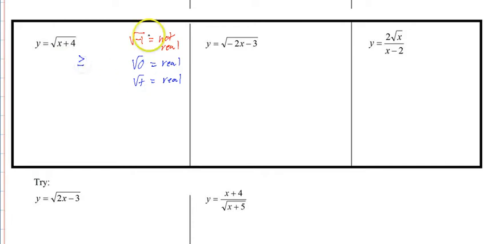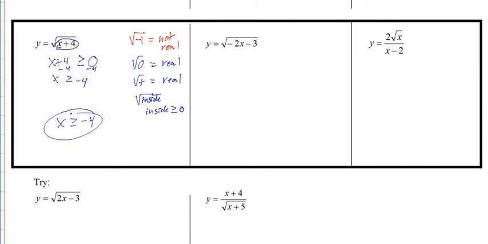So instead of saying can equal a negative, what we say is the inside, this right here, must be greater than or equal to 0, because that's what we're saying. The inside here must be greater than or equal to 0. And that gives us a nice little inequality that when we solve, gives us our domain. Okay, so let's try another one. We take the inside of the radical, we make it greater than or equal to 0, and then solve it. And the result